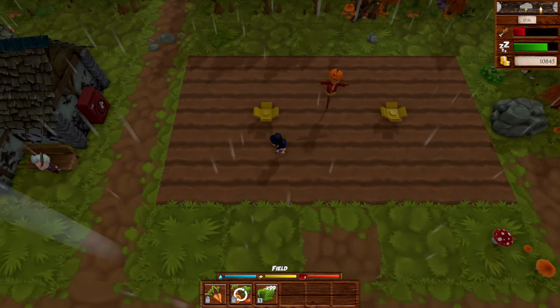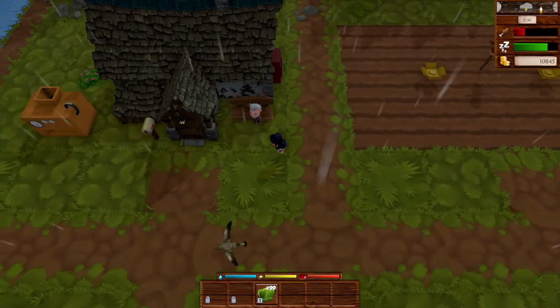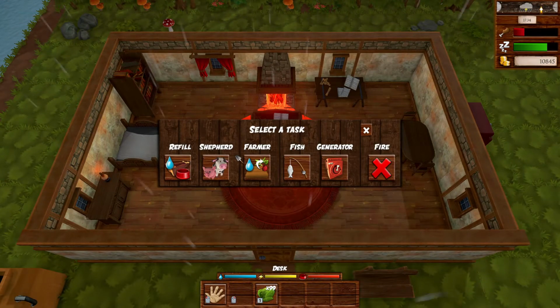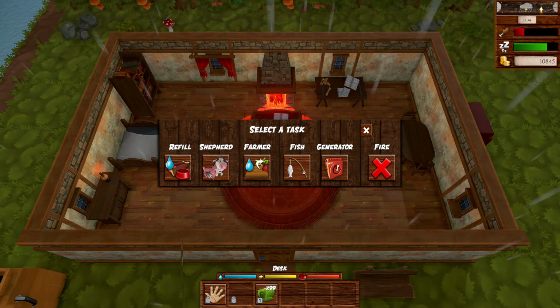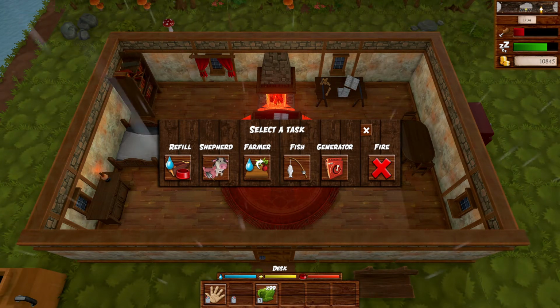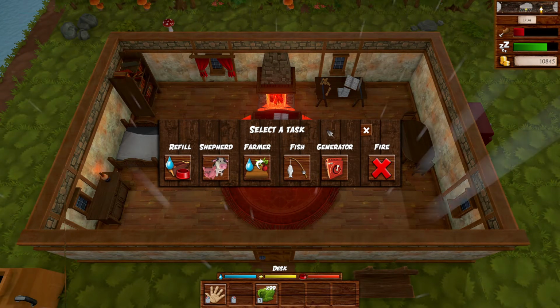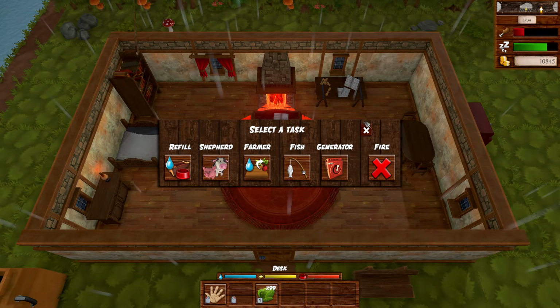However, you can hire employees. And let me just step in here, show you what your employees can do. And this is obviously something that Stardew Valley does not offer, so yeah. You can have your employees refill food and water bowls for the animals. Or they can be a shepherd, and what shepherds do is basically just pick up the eggs and milk the cows. Or you can have them be farmers, in which case they will water and collect anything that needs it that day. Or you can have them fish, which is pretty straightforward, and then the generator produces electricity, which makes